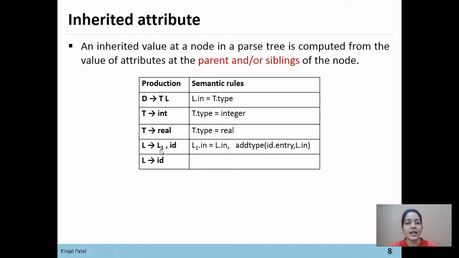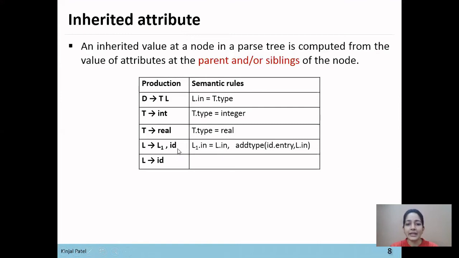So here L1 is an inherited attribute. As the rule says, an inherited attribute depends on the parent or sibling. So here the L1 attribute will be computed from the L attribute, which is the parent of that L attribute. So L1.in equals L.in.